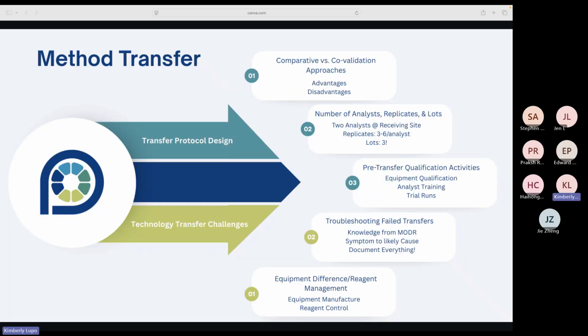So you've got your method validated. You may need to transfer your method to another lab. And the foundation of a successful method transfer is a well-designed protocol. The first decision you need to make is, what type of transfer are you doing? There are 2 approaches, and the most common